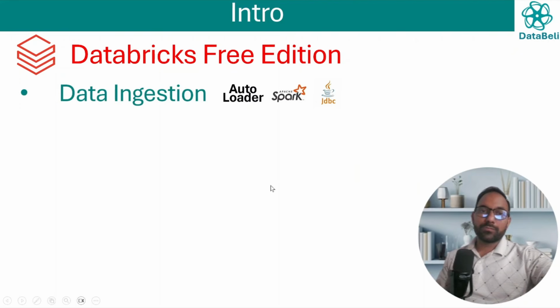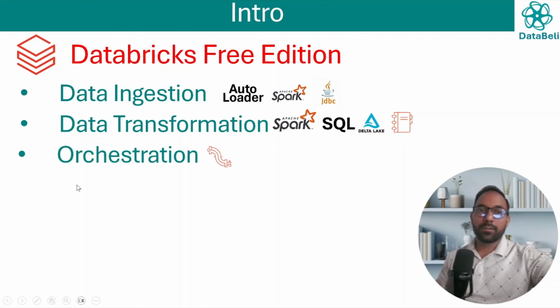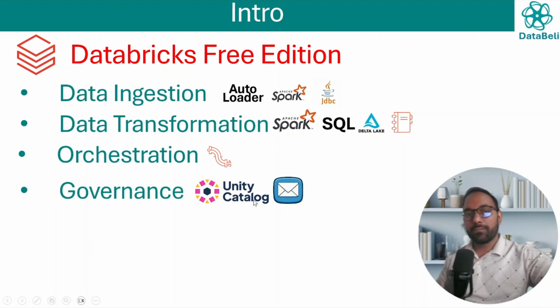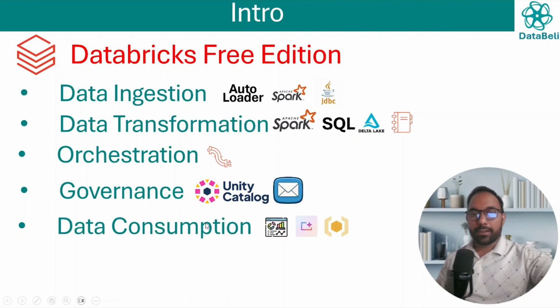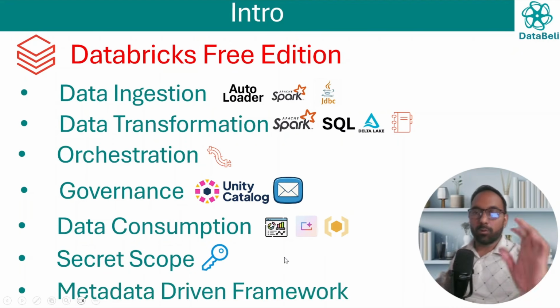These are the technologies we will cover. For data ingestion, we will use Autoloader, Apache Spark, JDBC connections. For transformation, again, we will use Spark, SQL, Delta Lake, Databricks notebooks. For orchestration, we will use Databricks Jobs. For governance, we will use Unity Catalog. We will build our own custom emails. For data consumption, we will build a Databricks dashboard, Genie workspace, and Databricks One also we will understand. We will set up our own secret scope, and all these things we will build as a framework which